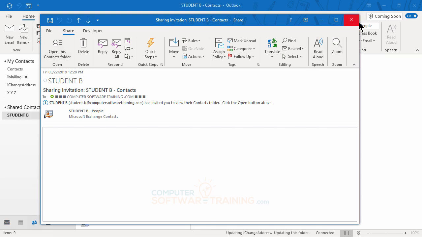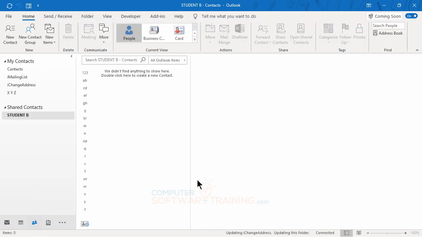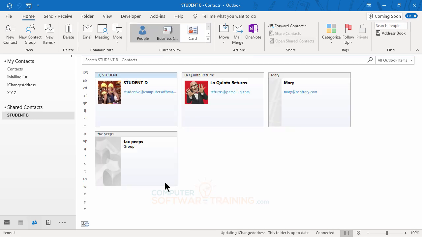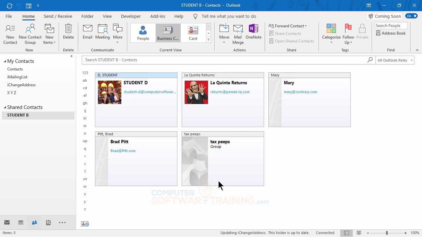All right, now once I've done that, I'll just close that up, and when I go back into my contacts area, which I'm already at now, there's student B, and there's student B's contacts, just like that. Now, if later on student B adds any new contacts, I'm going to see them almost immediately. So watch what happens here. It'll take a few seconds here, but there it goes, see? So he just added Brad Pitt to his database, which then shows up here